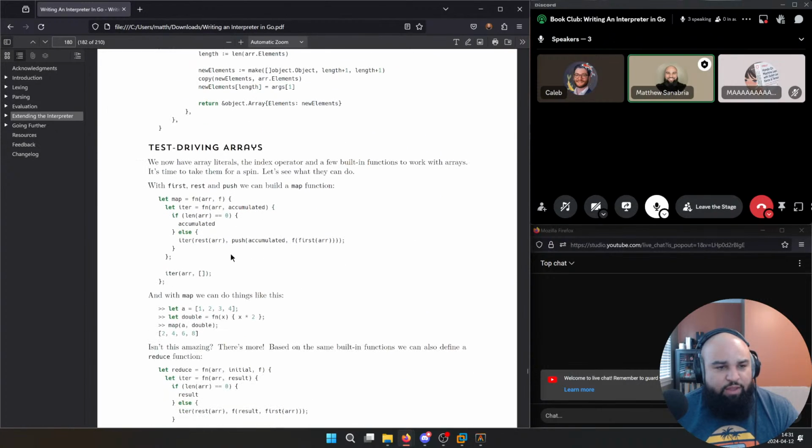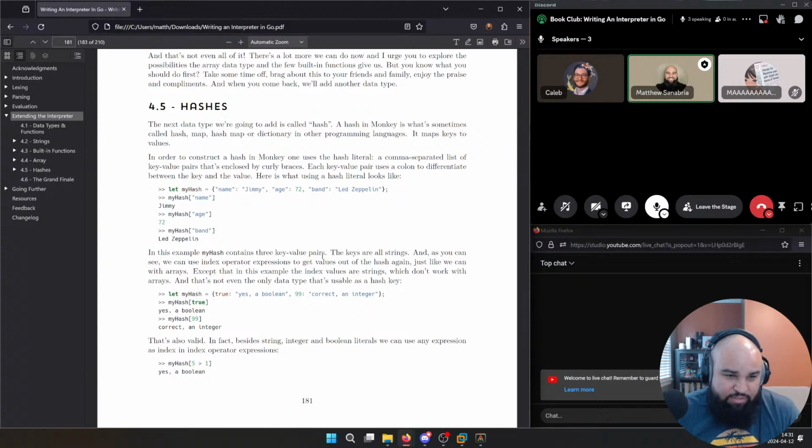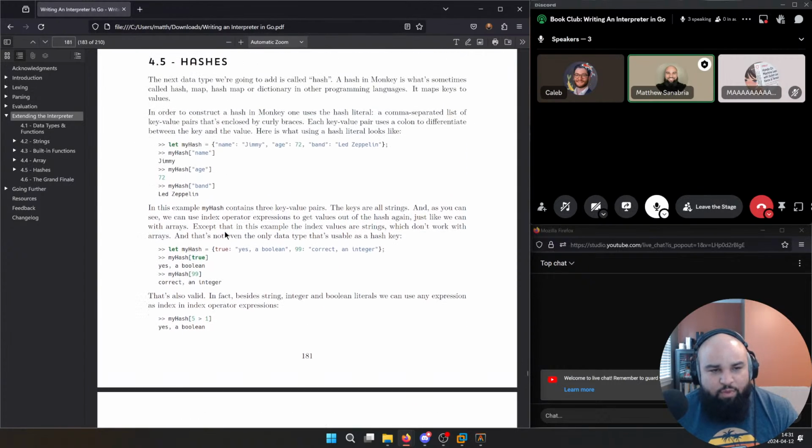Okay, and then the second to last subchapter in here is hash maps. This was another one where I thought it was going to be a little complex, and it ended up being simpler than I thought it was going to be. And there was a part in here that made me double take and reread the section for a second, and I'll show you what that is.